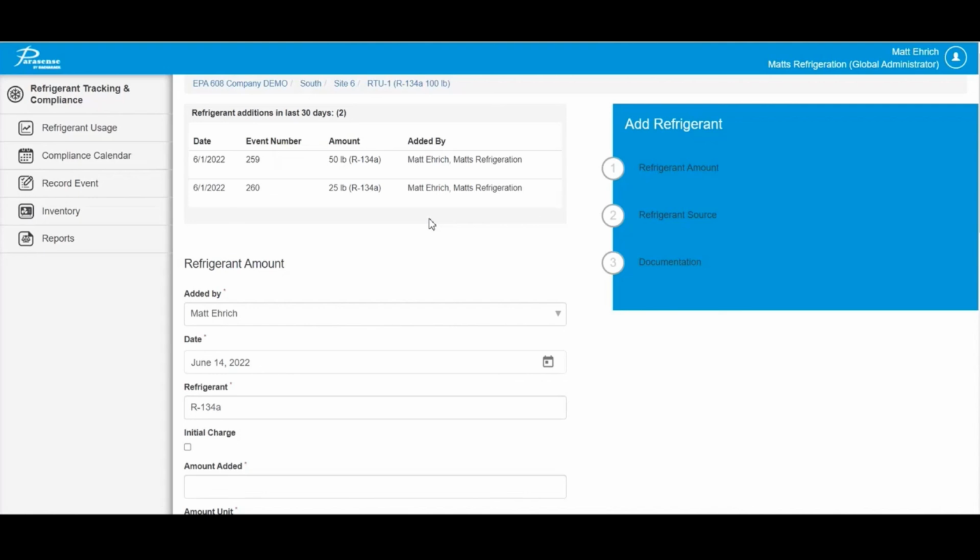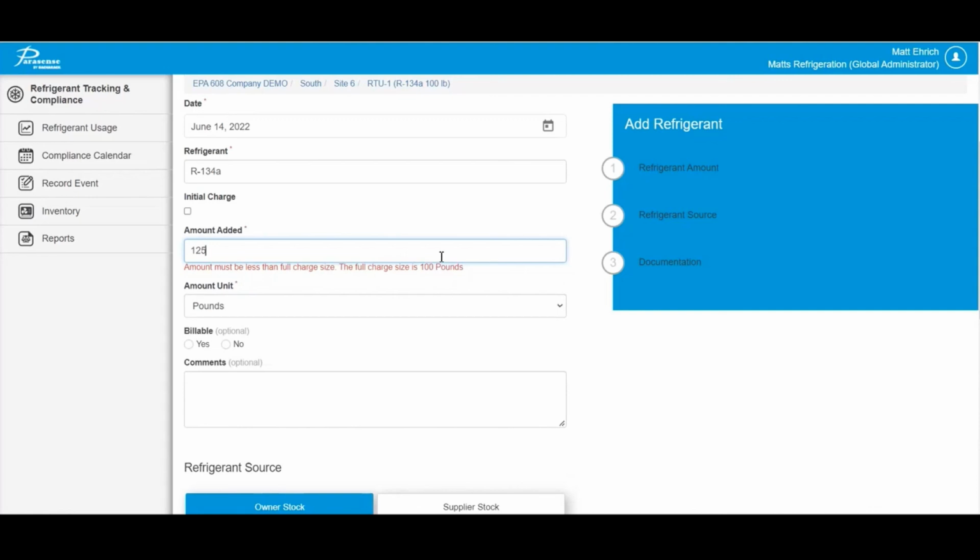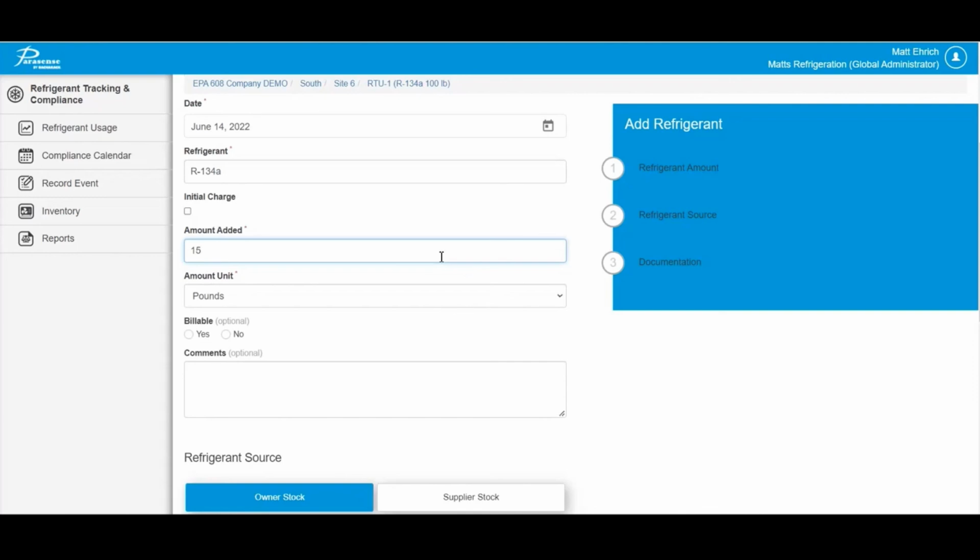But looking at our usage event, we just want to complete our gas add. We've got the refrigerant type, all kinds of good information. And we'll just say how much refrigerant was added. If I said I added 125 pounds, you can't add more refrigerant than the system holds. If this were the case where the tech said that full charge isn't right, I think that got entered way back when with the wrong charge. It was an estimate. I need to get that updated. That's where the whole retrofit thing could also come into play. In this case, in terms of the gas add, we'll say maybe just a quick 15 pounds added. And then moving back into our usage event,